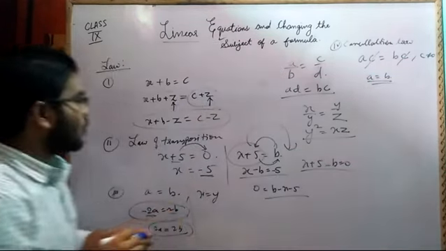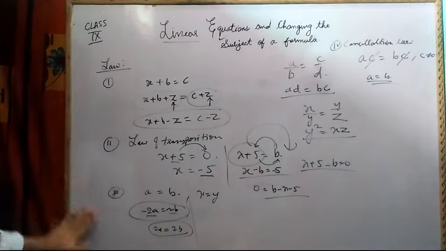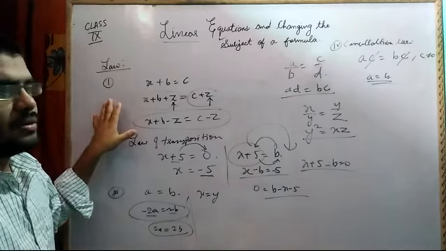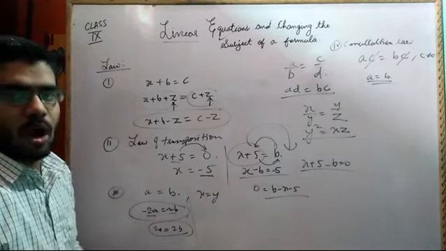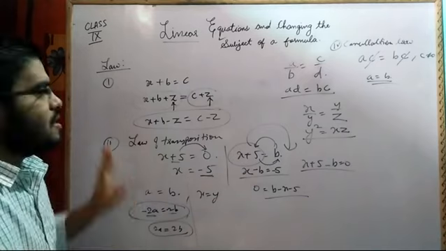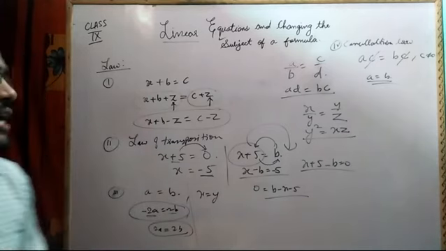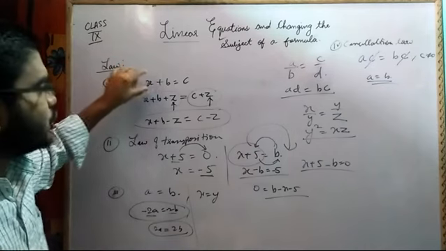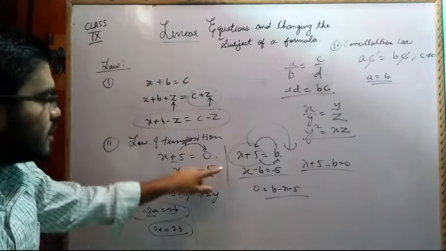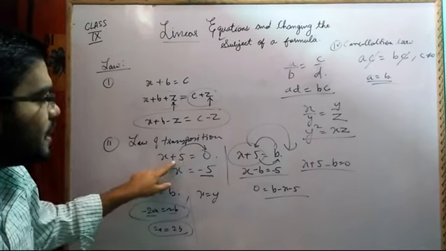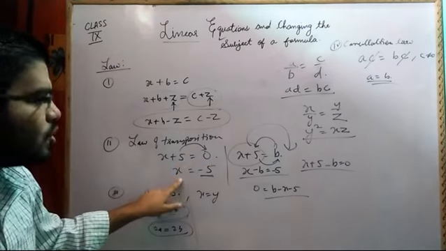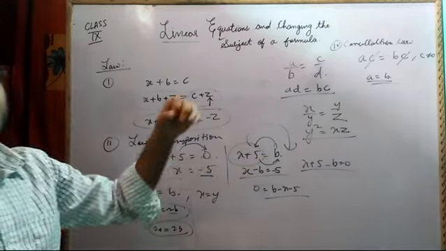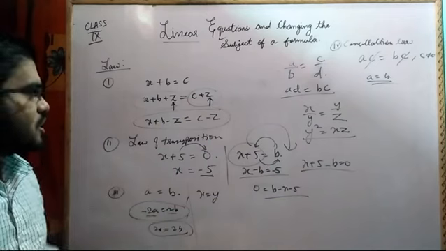These are the four laws that we have seen here, and if you remember and use these four laws, you will be able to solve all the numerical problems, at least of this exercise, very easily. The only thing you have to be very cautious about is transposition and looking at the sign. If it is plus, it will become minus on that side. If it was minus, it will become plus on that side. Then multiplication, division, cancellation law, all these laws are simple.